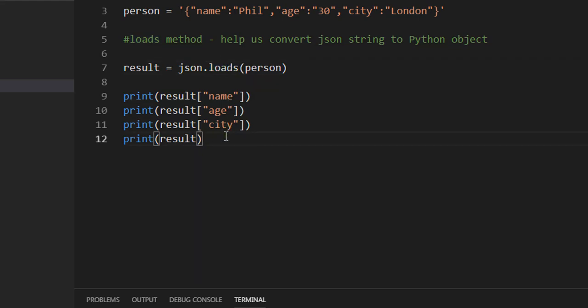Okay, so for example, I have a Python object with me, and I want to convert it into a JSON format, like JSON string or JSON number or JSON array. So how are we going to do that? As I said earlier, from JSON to Python we use the loads method. The other way around, from Python to JSON, we need to use the dump method. Okay, let's see how we are going to do